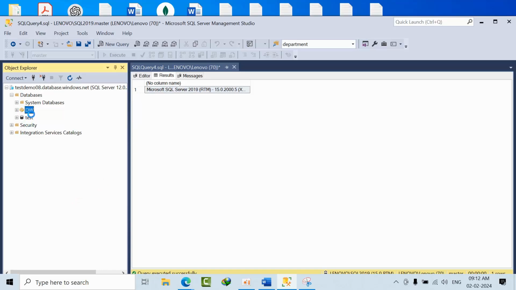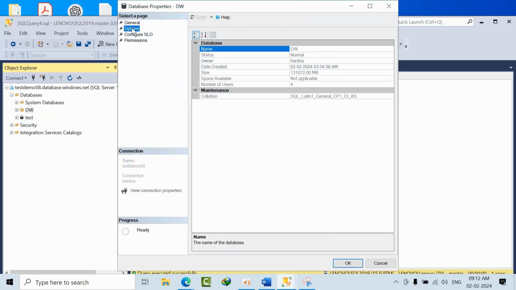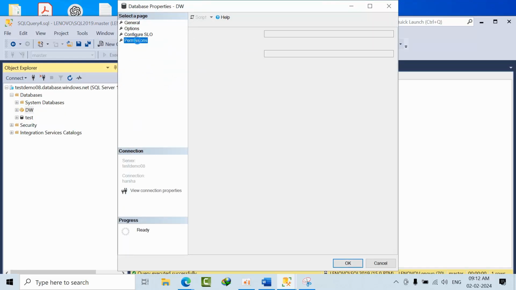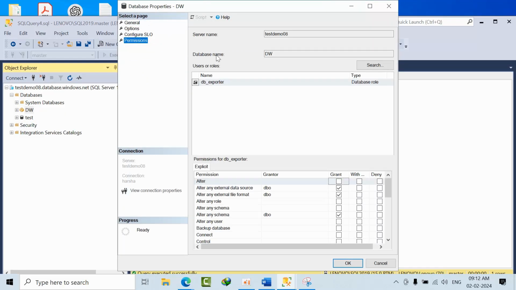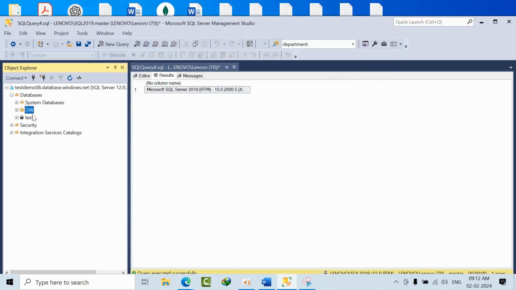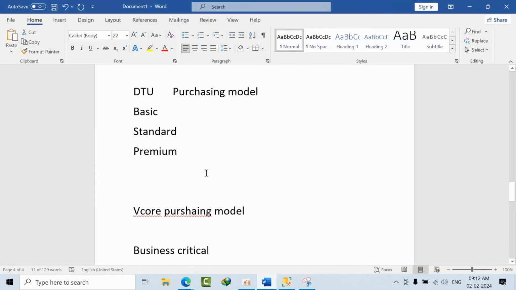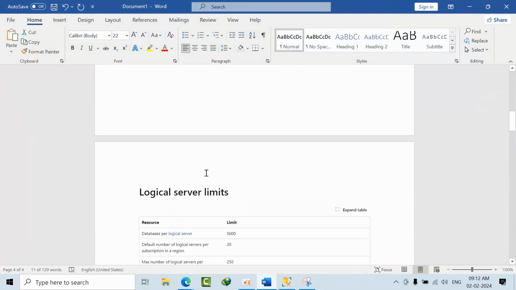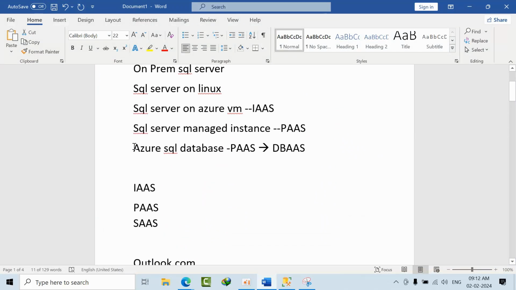Regarding the options and permissions, we don't have these kinds of permissions. So Azure SQL database is like this. Here I have the Azure SQL database PaaS database. In Azure we have one more SQL Server database which comes under Azure SQL database only, but it is